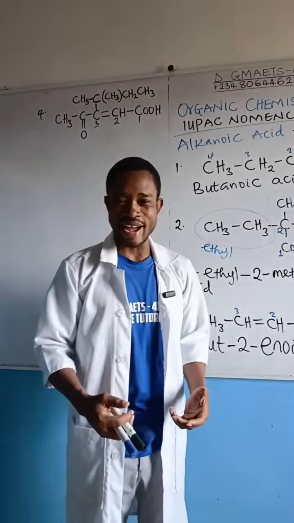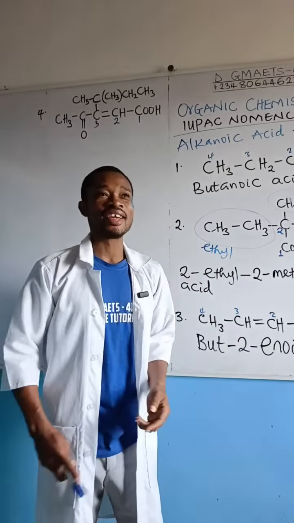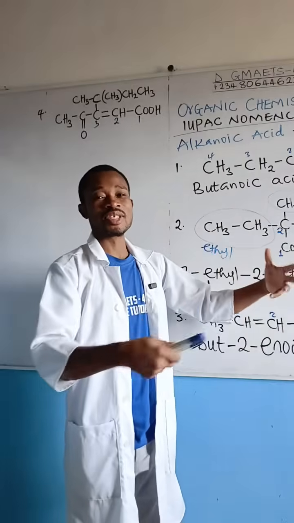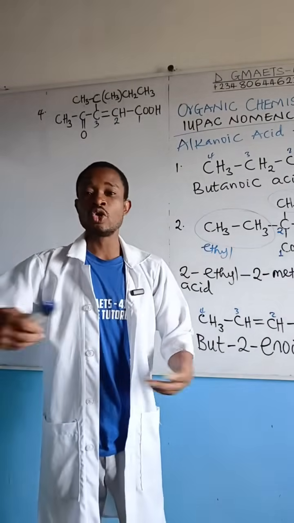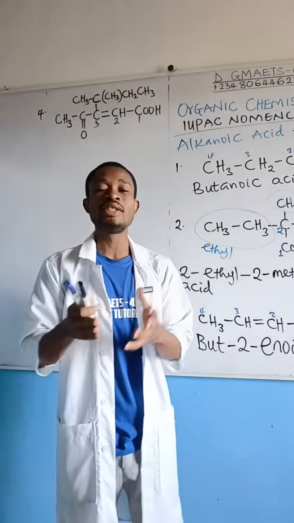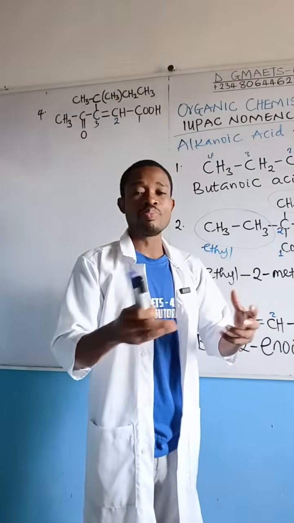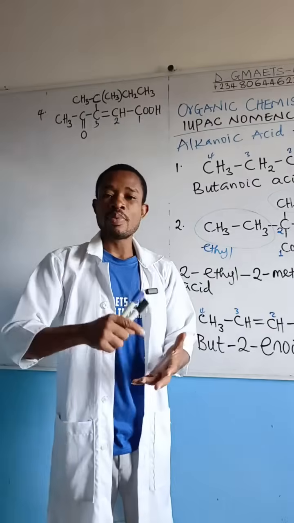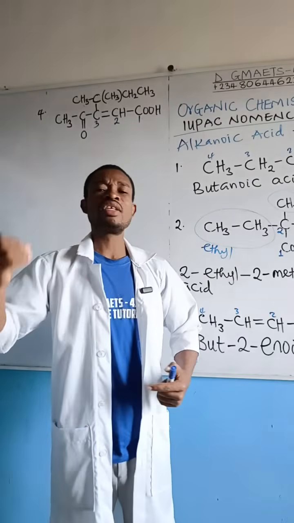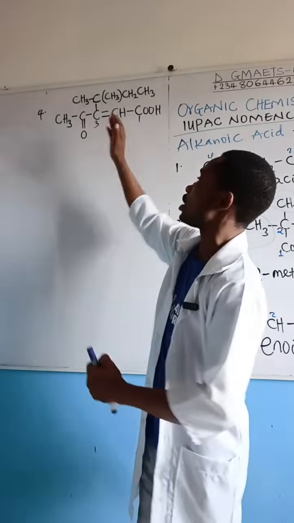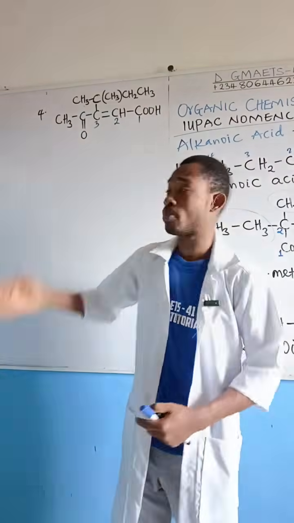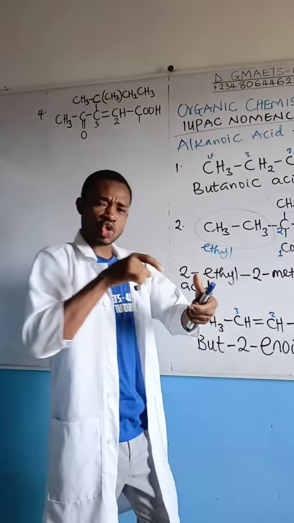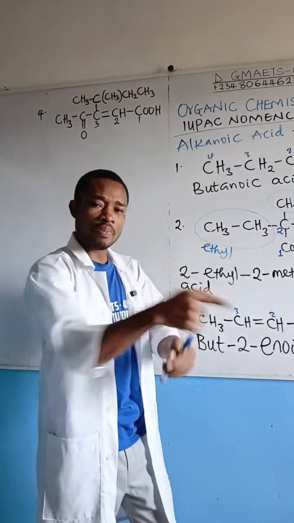What do I mean by that? Like in the case where you could have something like 2-ethyl, 2-methyl, 5-hydroxyl, 4-oxo. You cannot handle the alkene double bond functional group in that way. If you see it as a mixed functional group in any other structure that has a terminal functional group, like in this case, the double bond appears as a sub-functional group in